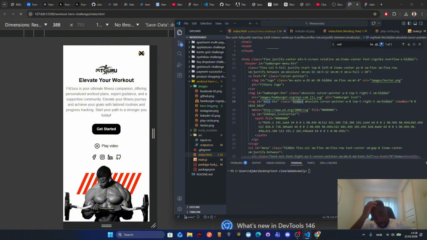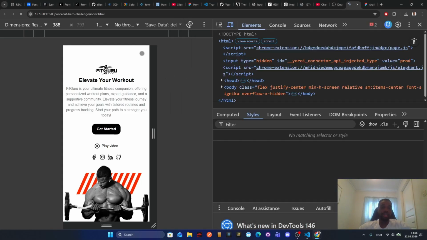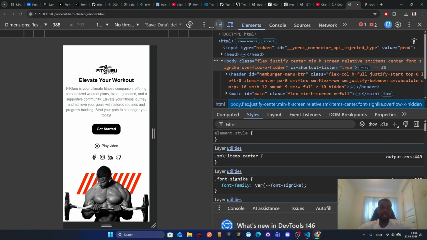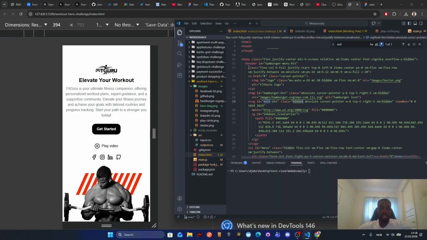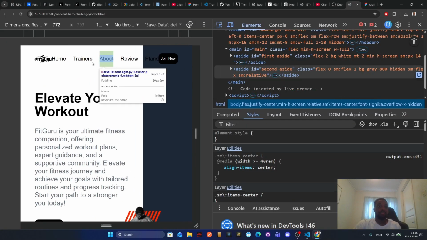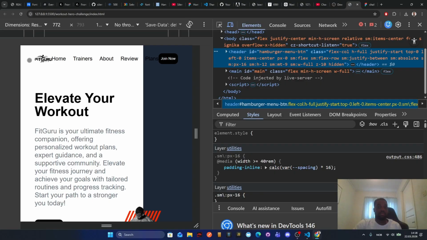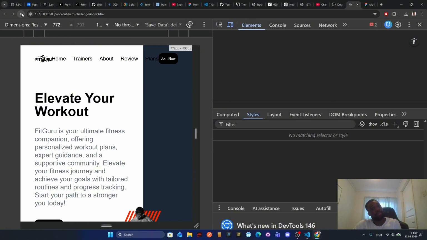Yeah, it should be there. So, I mean, we have hidden on it, right? So I don't get it. Like when I click, this button should be visible, but it's in header. So the question is, why is header not showing? And we don't have hidden class in header, so I don't get it. Even though it's here, right? So I mean, I guess we do have hidden, but it's